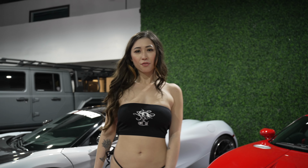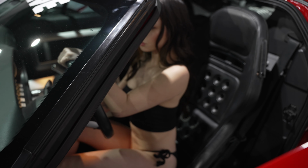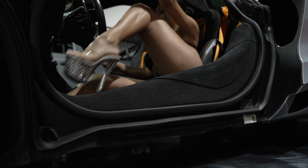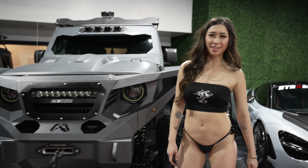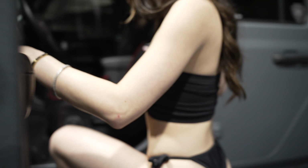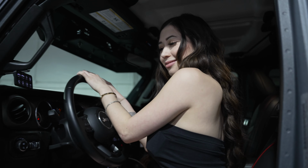Hi, so this is a 2006 Ford GT. And over here we have a McLaren 720S. So this is a Jeep Gladiator 2021. This is a custom built. And over here I have a 2006